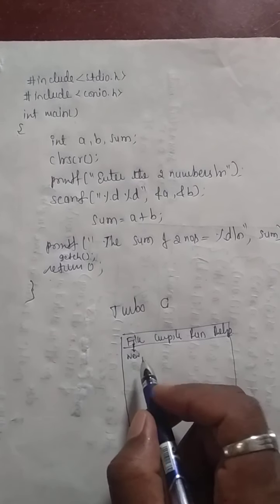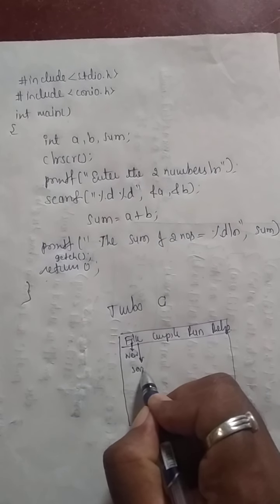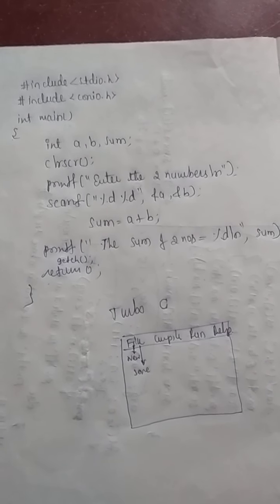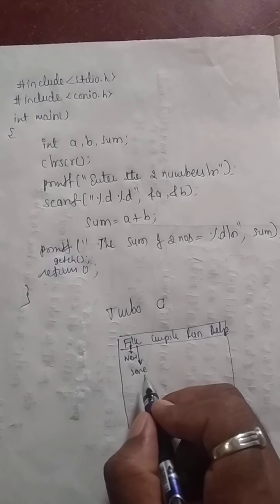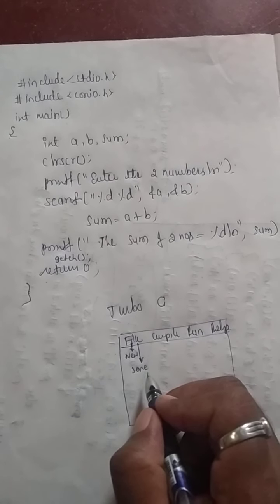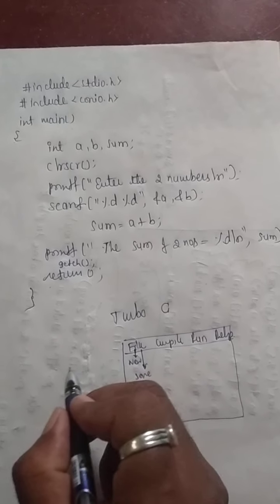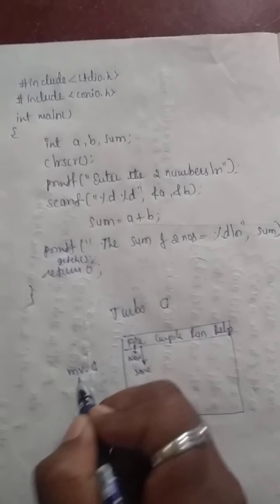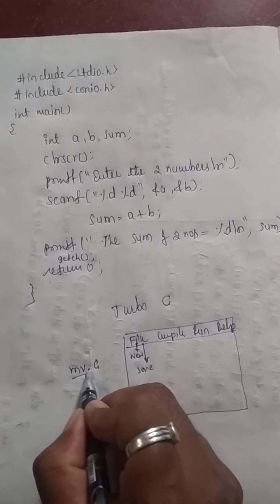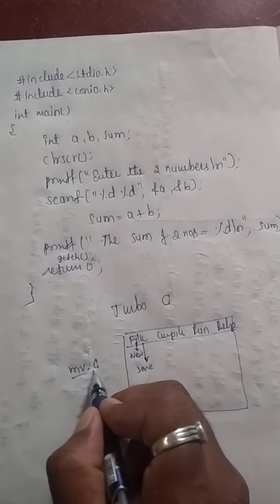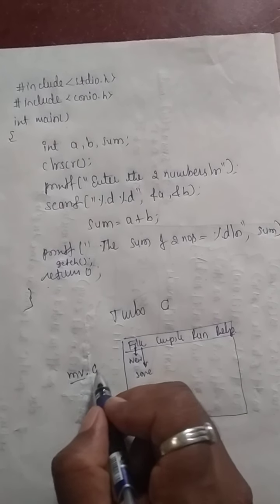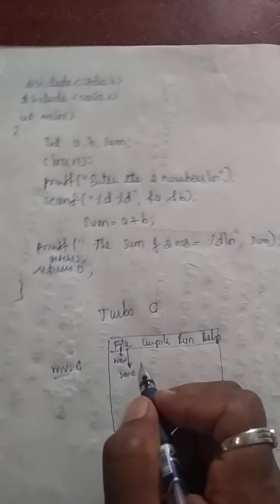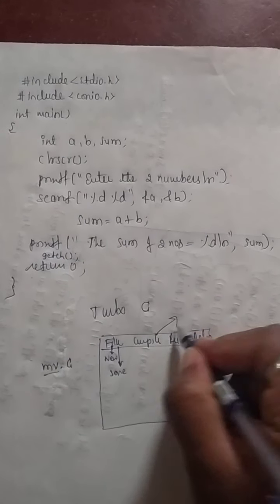Once you type the program, you have the save option here, save and save as. Go for the save option and you can save the program on the drive, but you have to give a file name for your program. The file name can be any name like mv.c. In mv.c, mv is the file name and .c is the extension. It shows that you are typing or executing a C program.